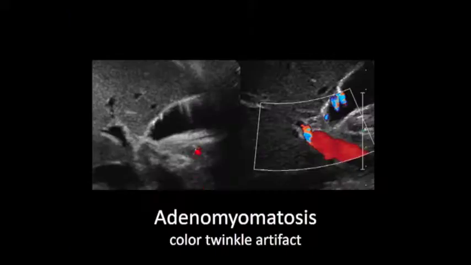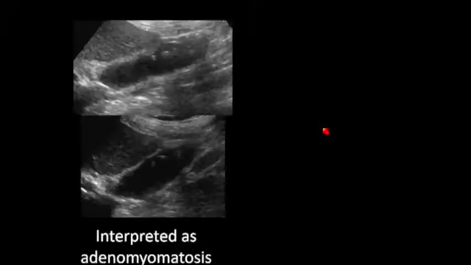Polyps can give you a problem as well. So let's look at some of those. These are classic findings of adenomyomatosis, and I'm sure you would not miss those. How about these? This gallbladder was interpreted as having adenomyomatosis, little bright things anteriorly with little kind of ring downs